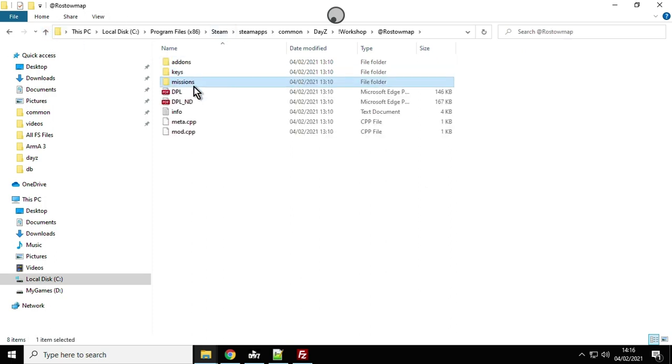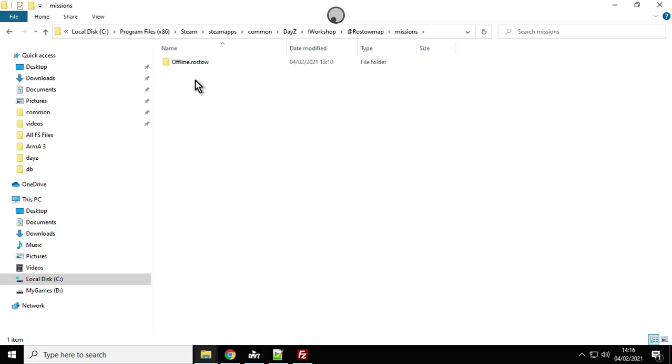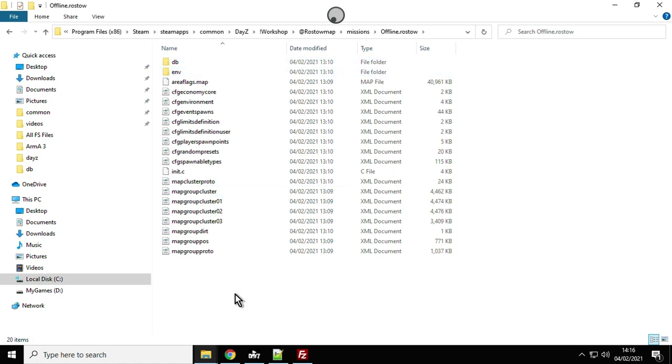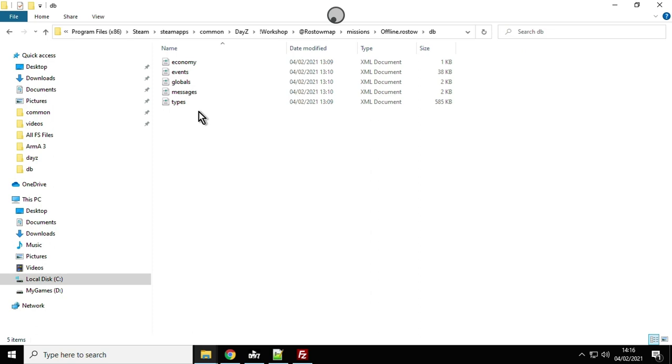And then we've got the missions, and this is the other set of files we need to upload to our server. If we go in, you've got all those common XML files that you're familiar with: spawnable types, types, events, all that sort of stuff, and the stuff that you will probably be going into and modding so you can adjust the loot table or the central loot economy